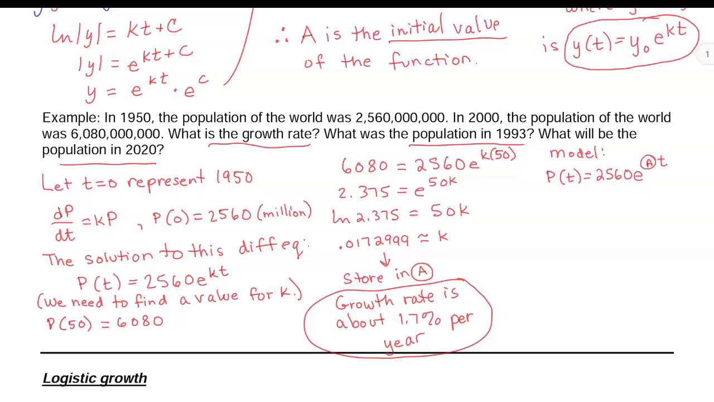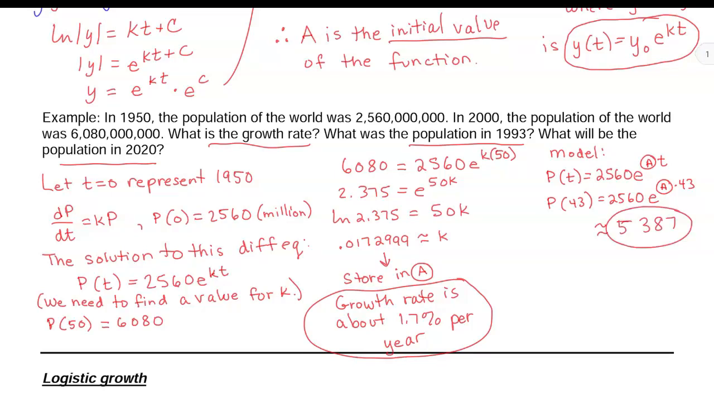I keep circling the A because that's my symbol to remind myself I have it stored in A on the calculator. To check the population in 1993, I need to remember what value of T would represent 1993. Since T equals 0 in 1950 and 1993 is 43 years later, I'm going to evaluate this function for T equals 43. Enter that into your calculator, 2,560 times e to the stored A times 43. Your answer is about